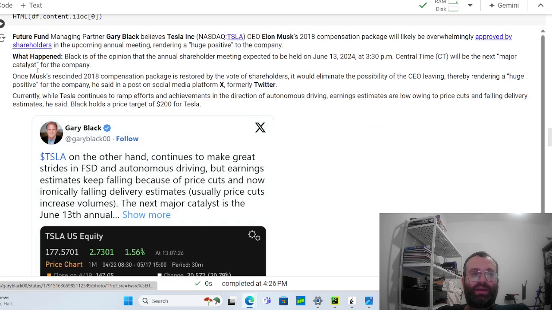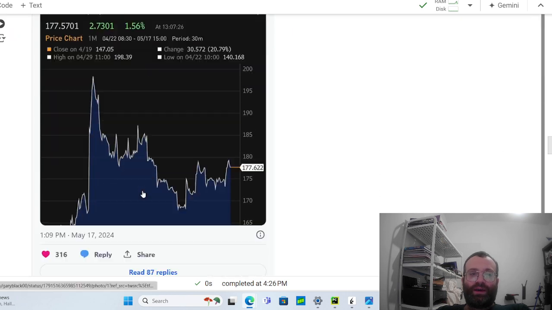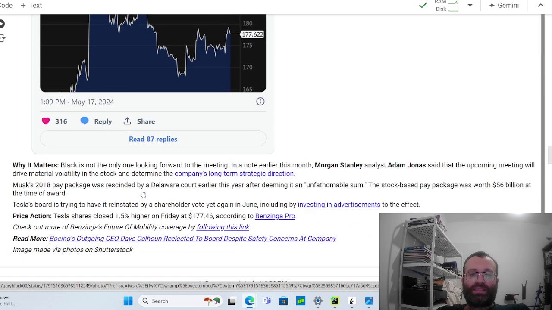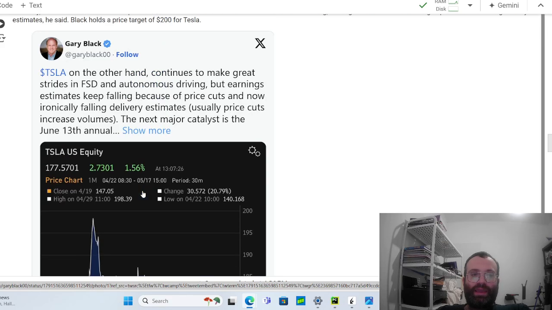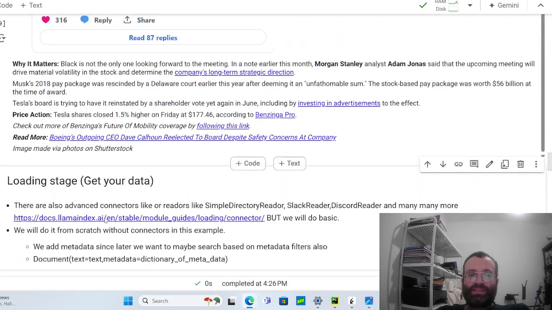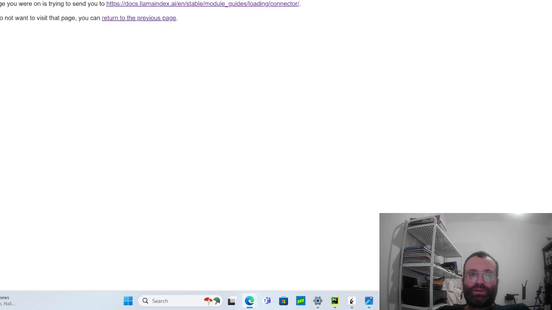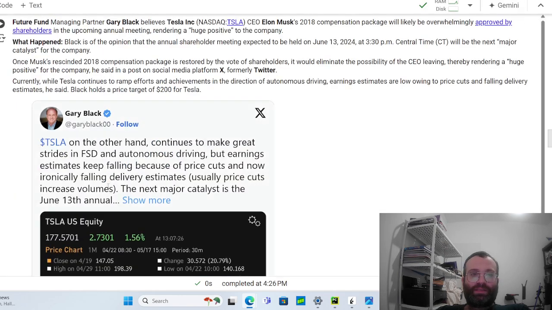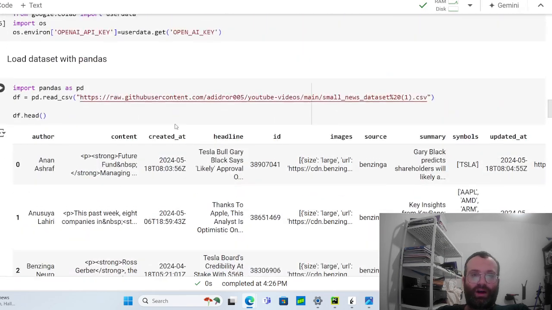It talks about future fund manager Gary Black. I'm a big fan of his, even though he's not always saying good things about Tesla. It even shows this tweet, which is pretty cool, this HTML thing. So this is basically our document, and the other columns can be metadata filters, like author,